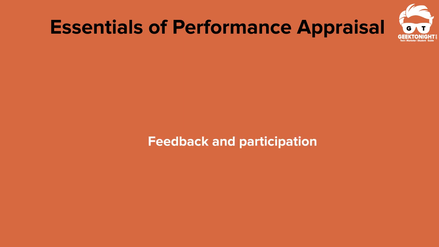The seventh one is feedback and participation. The main purpose of performance appraisal is to make the employee aware of his performance levels, strengths and weaknesses, and areas that require improvement. The last one is confidential. Appraisal results should be handled as private and confidential information in order to maintain a healthy competitive atmosphere in the organization. Only people with an approved need to know should have access to an employee's performance